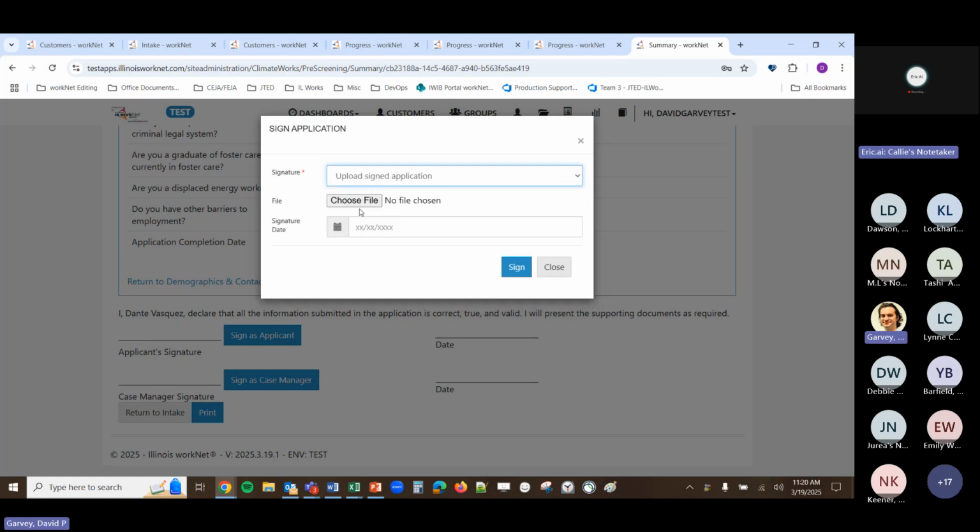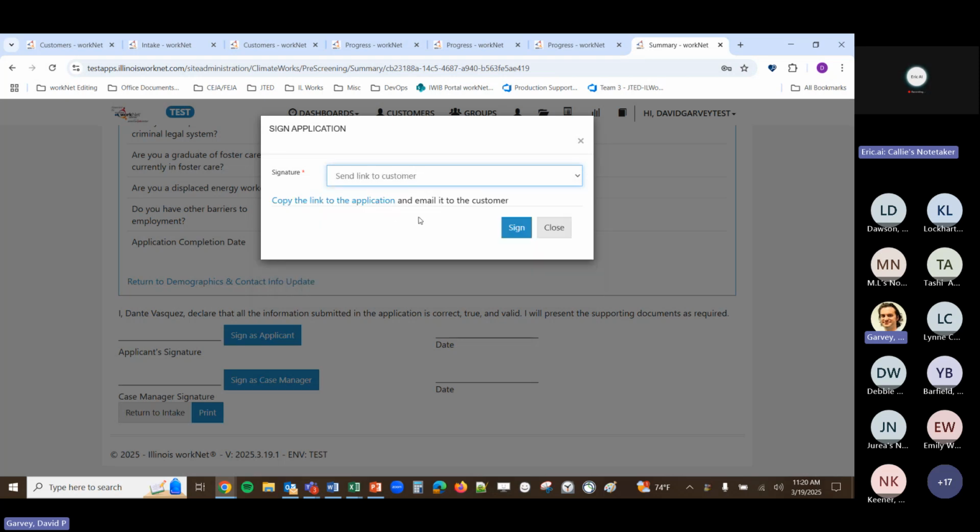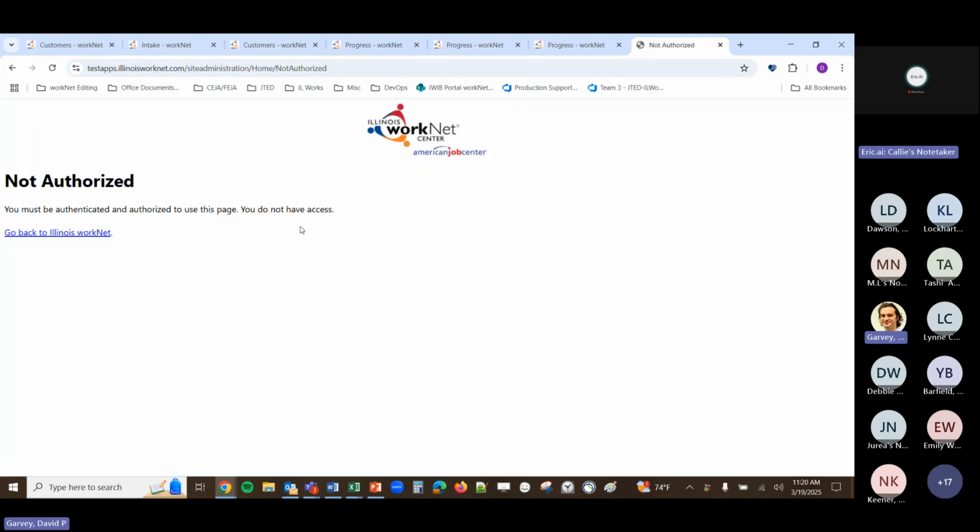We can upload a paper copy of the sign, or upload a digital copy of the application. But the issue here was sending a link to a customer. In selecting this, it should copy the URL that you can then email to the customer. But when we select it, it brings up, even for me, a not authorized message.